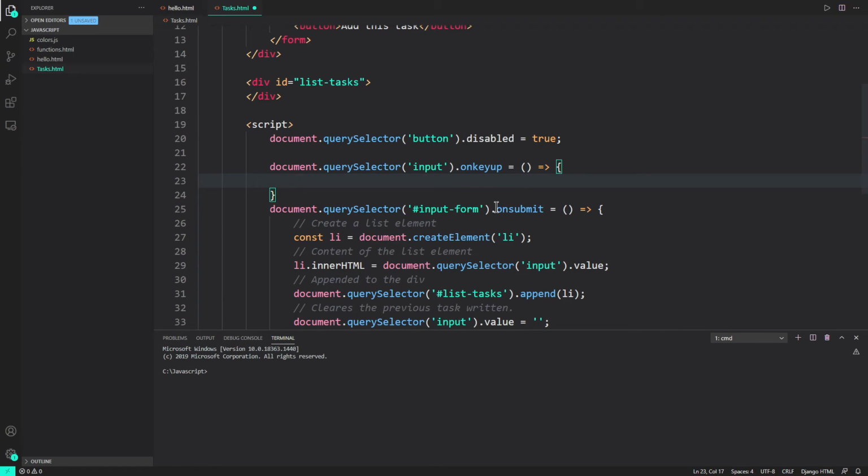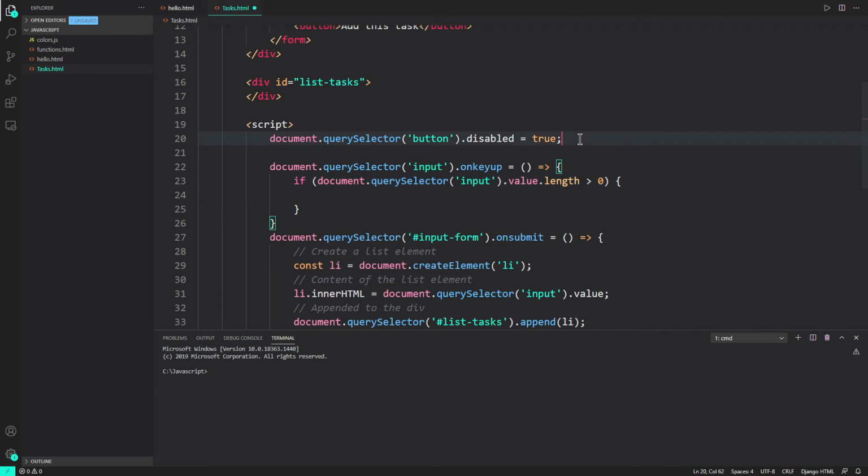When I release a particular key, I'll firstly write the if statement over here, if document.querySelector input, now over here I'll say if the length of the value that is present inside the input tab is greater than 0, which means that there is something written inside the input bar, then I'll just copy this one and say I do not want the button to be disabled because I want to add something, so I'll say false.